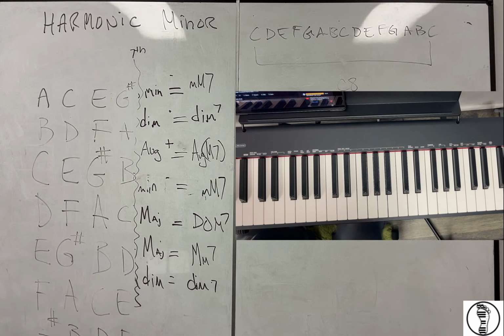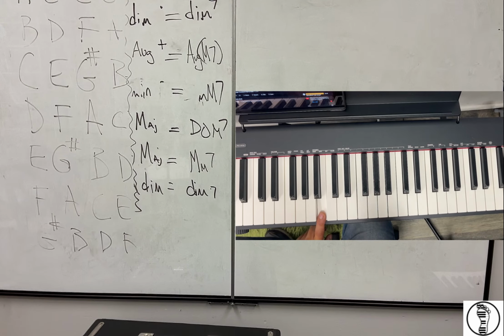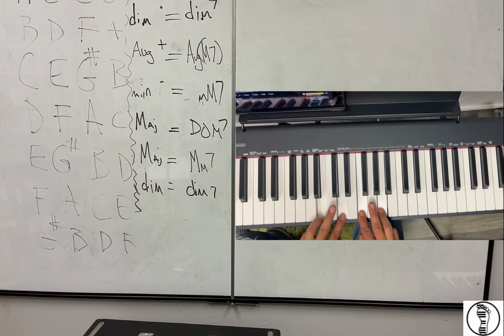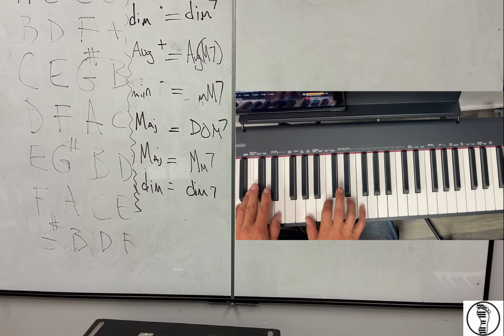You can see it on the board. B, we've got our D, we've got our F, and then we've got our, I didn't write it up there, but the next note to come after when we stack for the 7th is the A. As we can see on the board, it says dim 7, for sure. So if we're gonna write out just a little bitty melody, maybe we could do something like